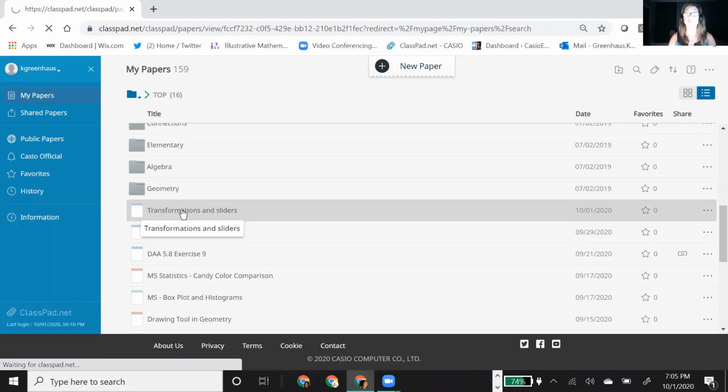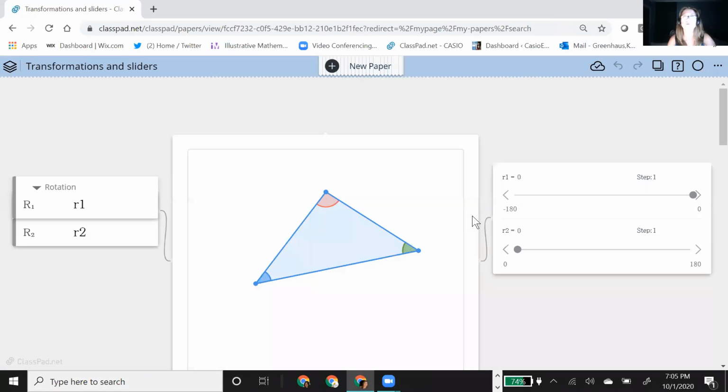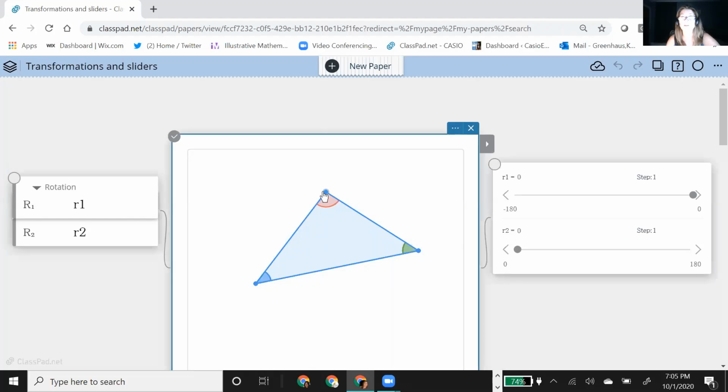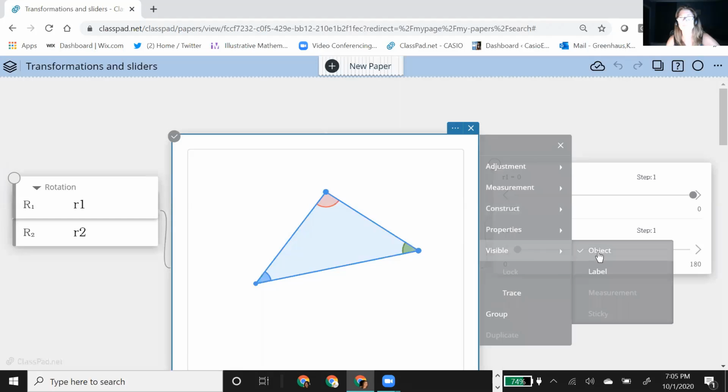So I just wanted to give you an example of something that was created using a slider. This is just an example that I like to use a lot because it's a very common understanding. So this is a triangle with three different angles, and it can be any triangle, right? This is dynamic math. It should be able to be any triangle. Oh, I know what's going on. Hold on. It's a little slow because I put a rotation in there. There we go. So I can make it be any triangle.